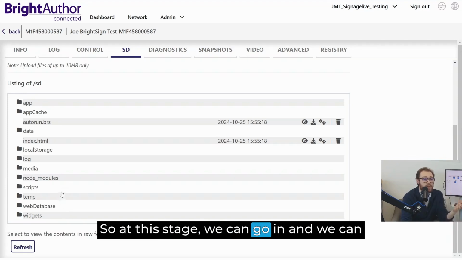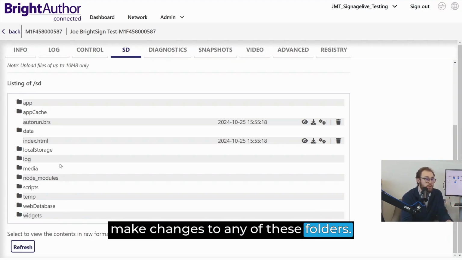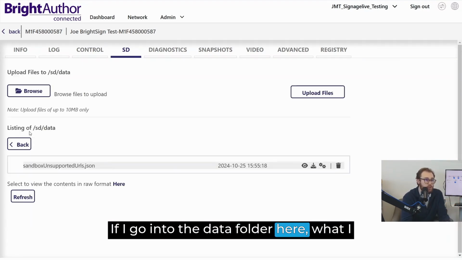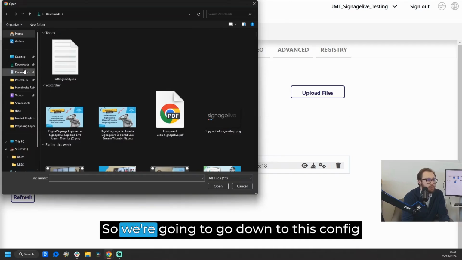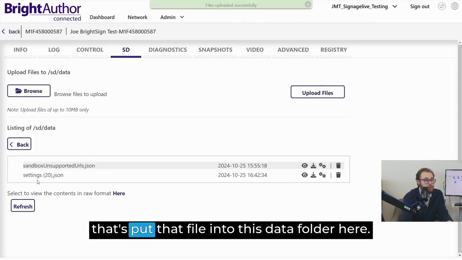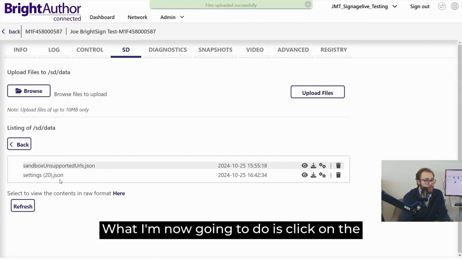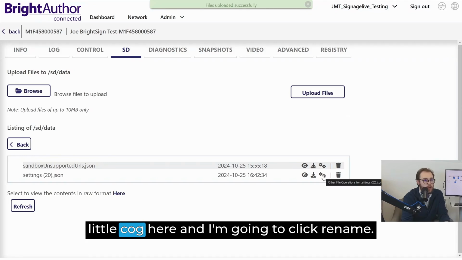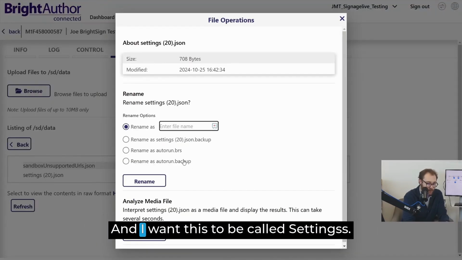So at this stage, we can go in and we can make changes to any of these folders. If I go into the data folder here, what I can now do is upload a file manually. So we're going to go down to this config file here, hit upload files, and you can see that's put that file into this data folder here. What I'm now going to do is click on the little cog here, and I'm going to click rename, and I want this to be called